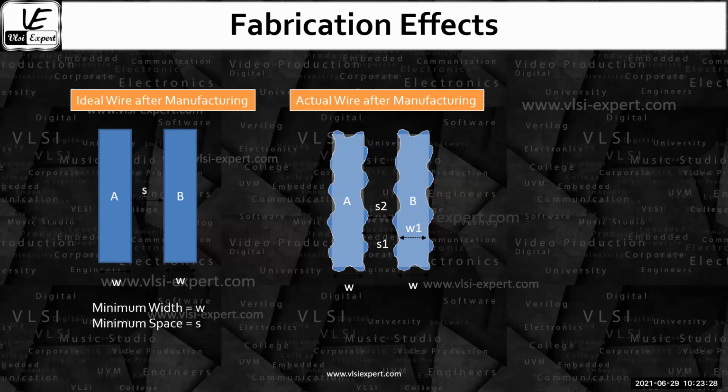What is going to happen in the 3D view, in the sense of the depth, the height, the thickness? Is anything going to happen or not? And if that is going to happen, how is it going to affect our design, and how can we try to minimize it? So what the foundry is saying is, if these are the ideal dimensions, then after manufacturing you will get something like this. The important point here is the width.